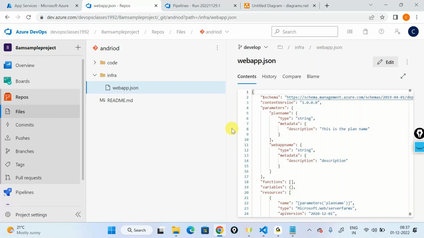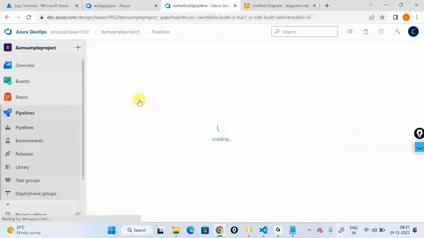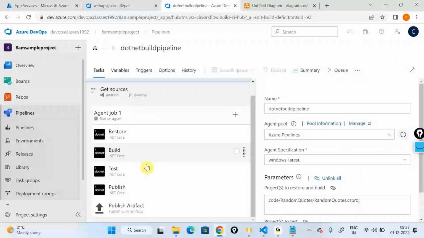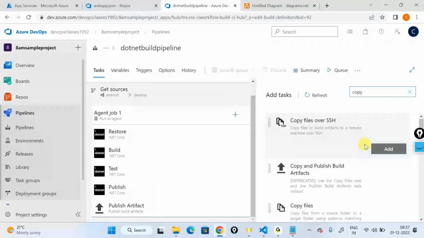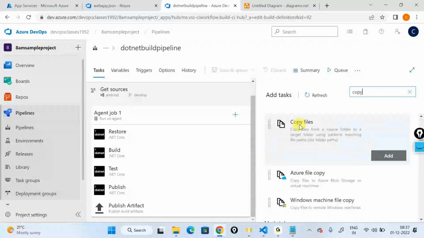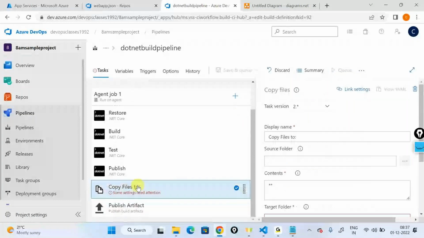So what I'm now trying to say is that this build pipeline that you have is building the code. Apart from building the code, I'll add one more step. Here I'll say go ahead and do a copy. There is something called copy files. Now it is asking, what files do I need to copy? I'll say there are ARM templates